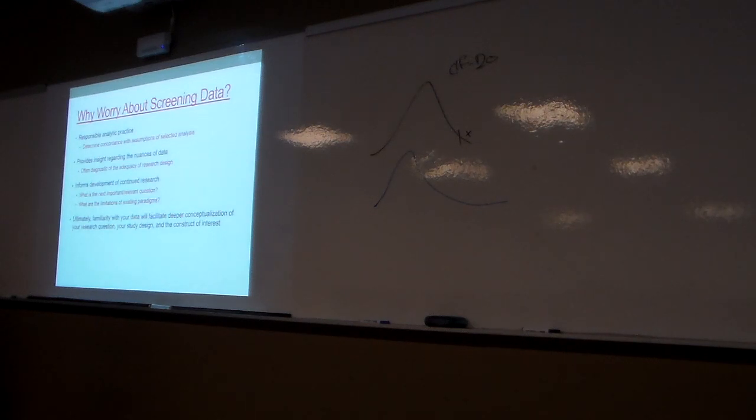Say I ran these analyses, and Baumeister did it, so it'll be perfect when I do it, right? And I find that it doesn't work, and it doesn't work, and it doesn't work. Is there something wrong with this paradigm? Is this not doing what I think it's going to be doing? These are things you can start to pick up in your screening.